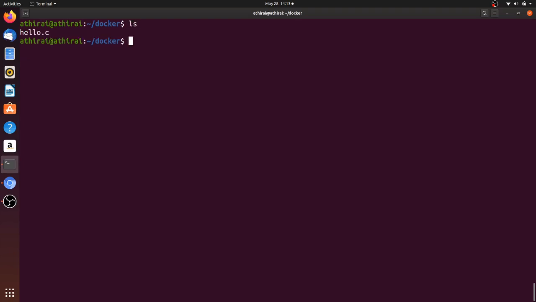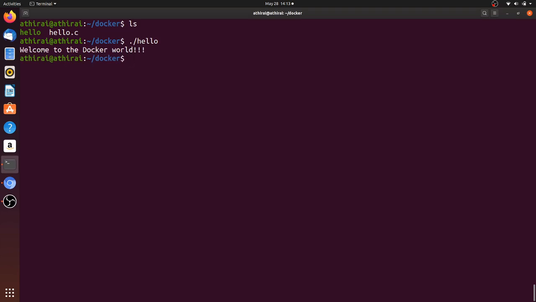Now let me compile this program, hello.c, with the output as hello. If I execute this program in my local machine, it is showing the output. That's good. Now I have to create an image.